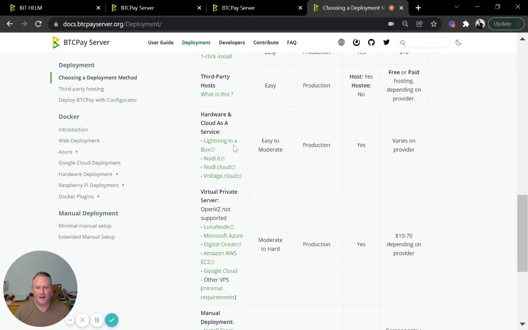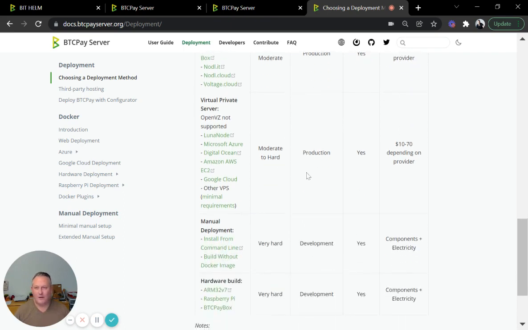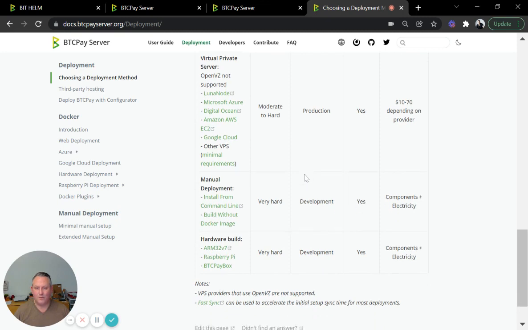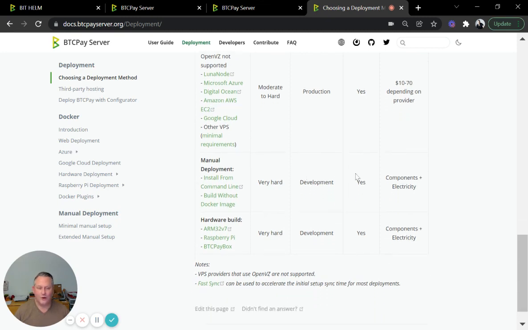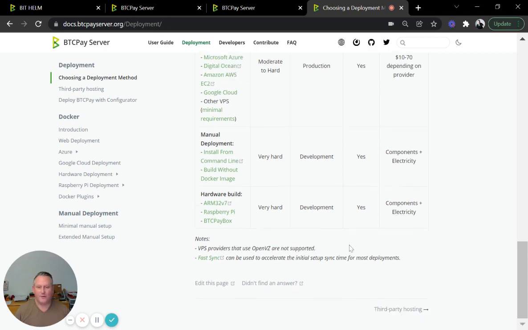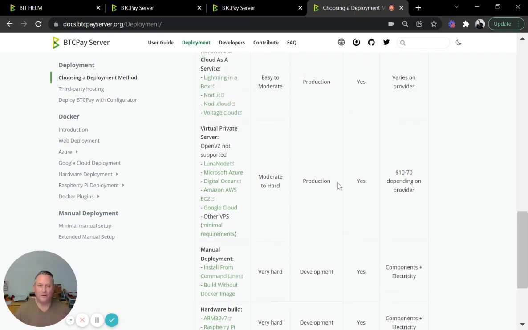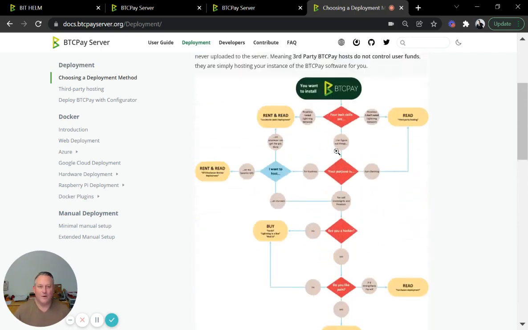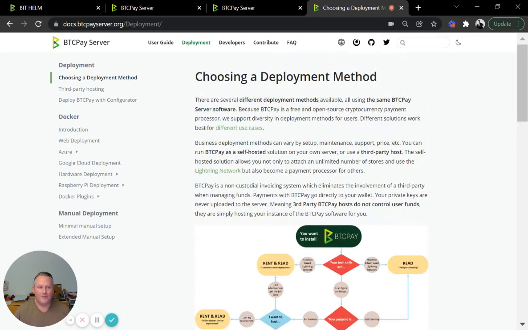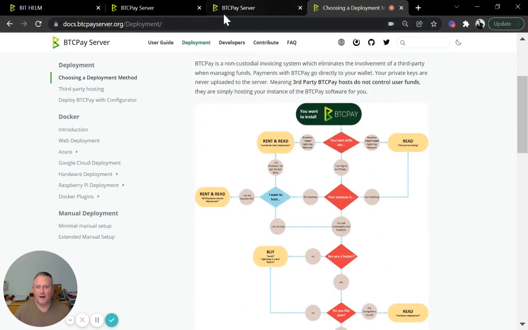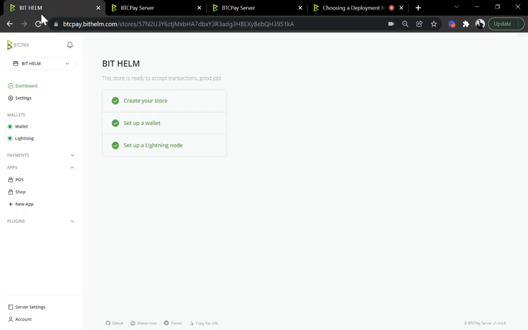So Lightning in a box as well. There's a whole bunch of those types of solutions out there and various providers. Great list here on the BTCPayServer website that will really show you what your options are. And yeah, you can even hardware build these yourself. So again, just depends what you want to do. The higher security you want, the more you have to pay attention to your deployment and what you want to do. So I went through all of this and basically set up a server, and it basically looks like this